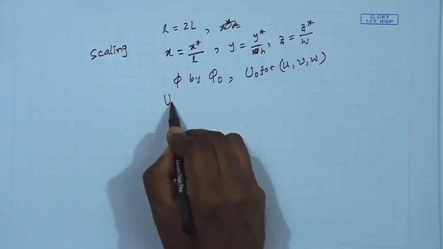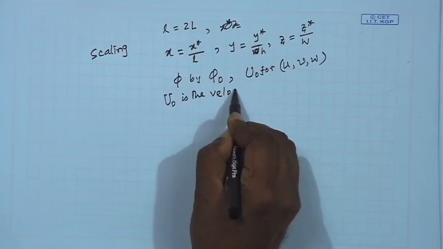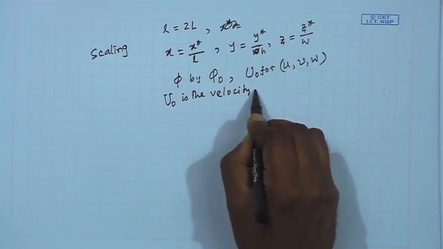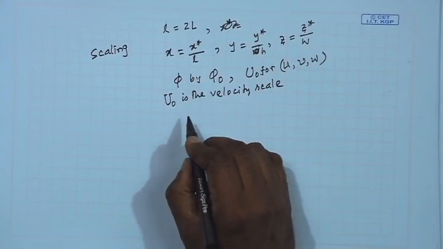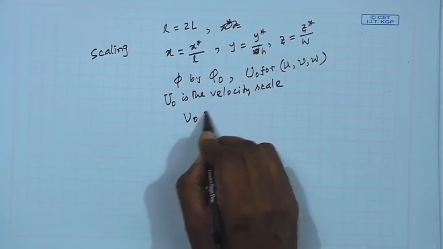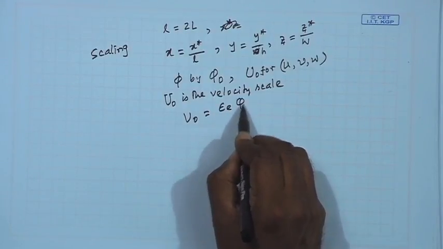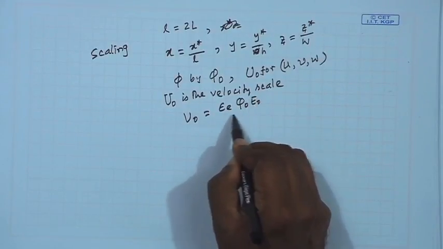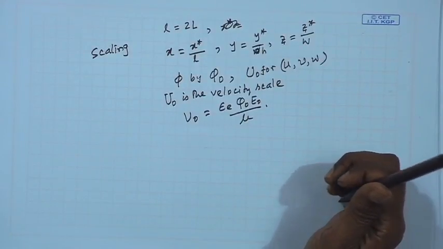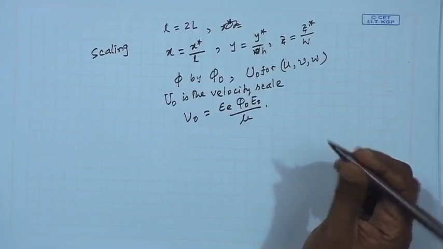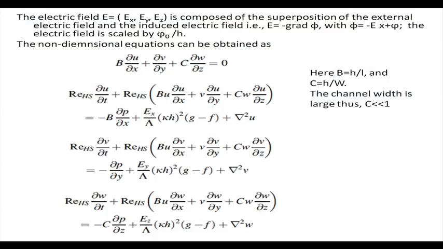So u0 is the corresponding velocity, the Smoluchowski velocity. We have taken u0 as epsilon E phi 0 E0 by mu. This is the velocity scale. Now if I do the non-dimensionalization,